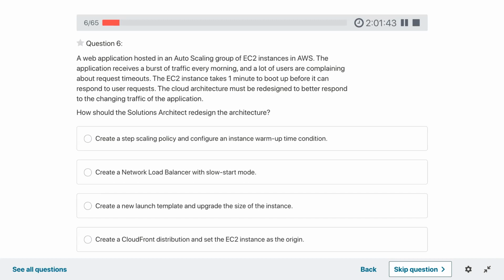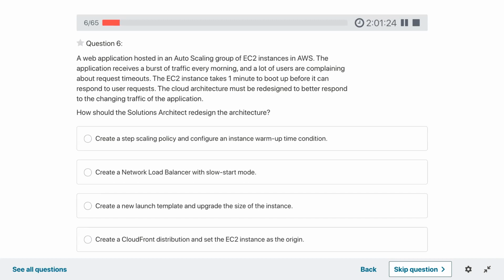The EC2 instance takes 1 minute to boot up before it can respond to user requests. The cloud architecture must be redesigned to better respond to the changing traffic of the application. How should the solution architect redesign the architecture?